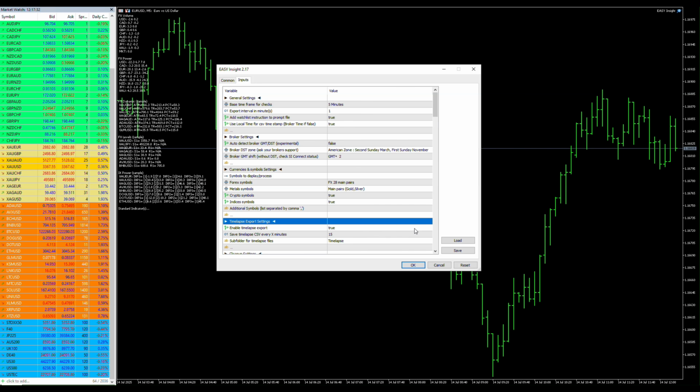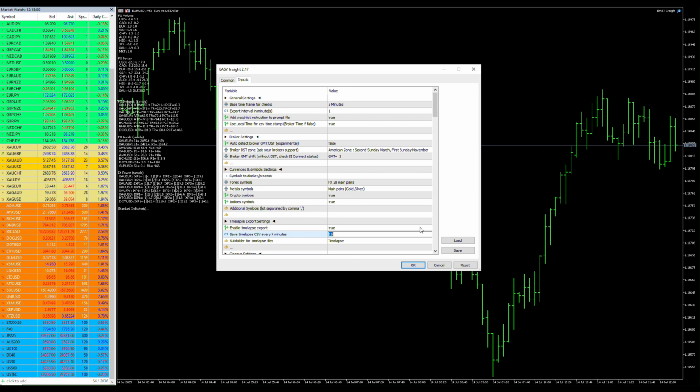trading recommendations. Means if you enable this, I think it's enabled by default, then EasyInsight will export a market screenshot every 15 minutes. You can set it to 5 minutes or whatever. I don't think 5 minutes is necessary. I'm trading the M5 time frame intraday, and I'm perfectly fine with this 15 minutes export interval, because I usually